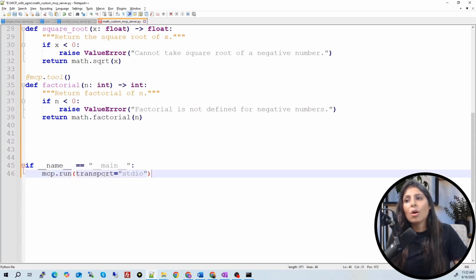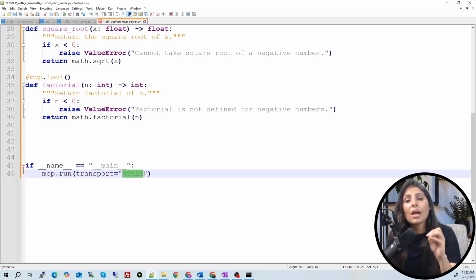And this mcp.run transport standard IO, what this means is that the communication between this server and the client, meaning your agent, the message exchange between the client and the MCP server, will be done using this standard IO.